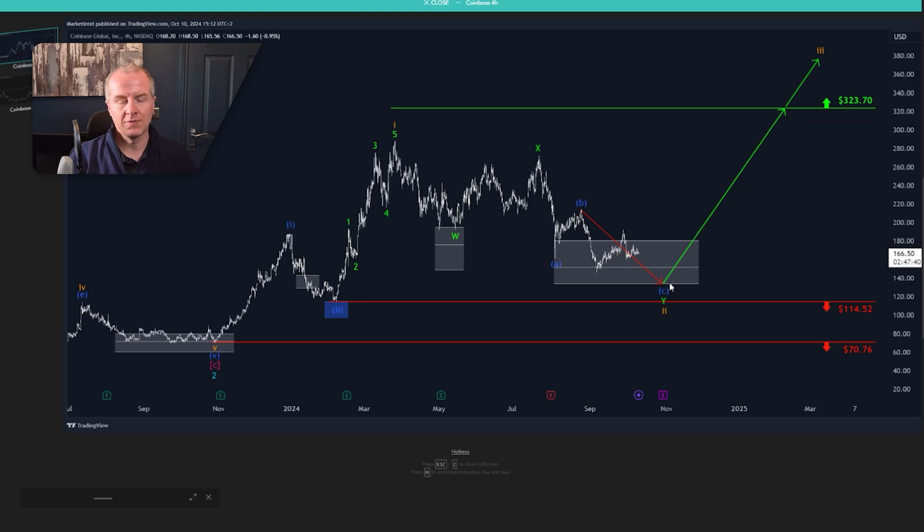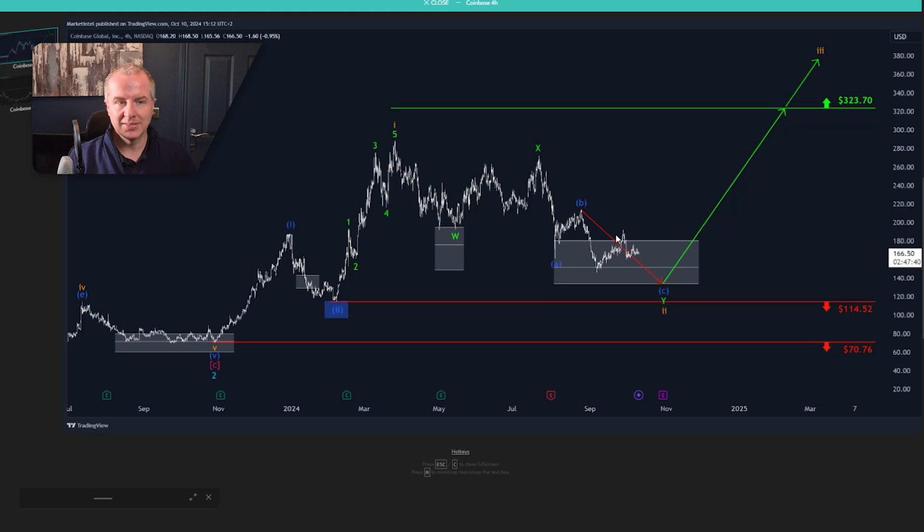There is no clear confirmation that we've bottomed here, and we might very well see a dip below that September low before wave C in blue of Y of 2 is actually complete. Ultimately we need a break above that next swing high there around $323, and what needs to happen is to keep this wave count alive. We need to see the price hold above $114.52, because if it breaks below it, then our alternative scenario with a 33% probability comes into play, which would still be bullish but allows for the interpretation of a larger 1-2 setup. This, however, is not preferred because this entire rally looks more like a 3-wave move. So it's nothing that we would specifically focus on right now.